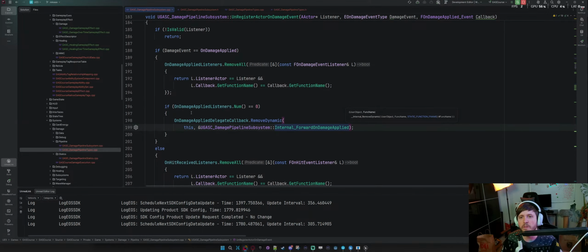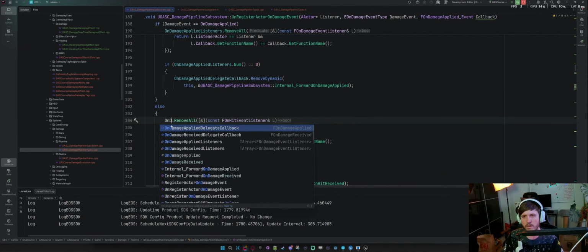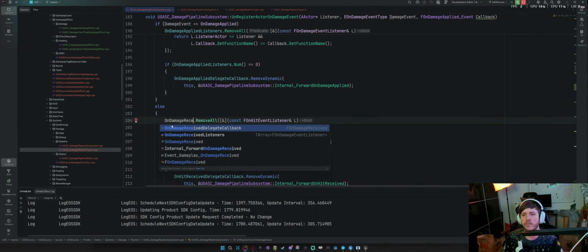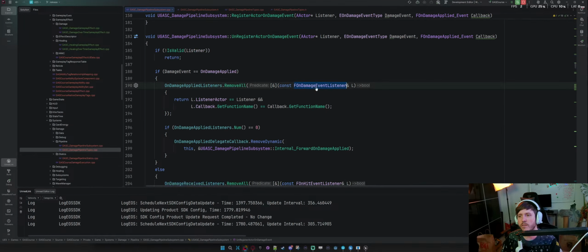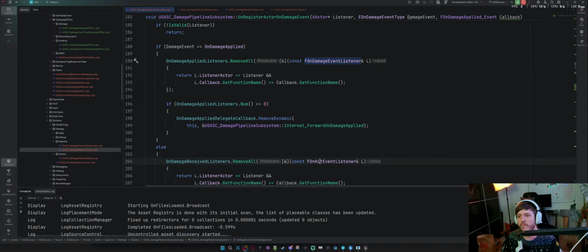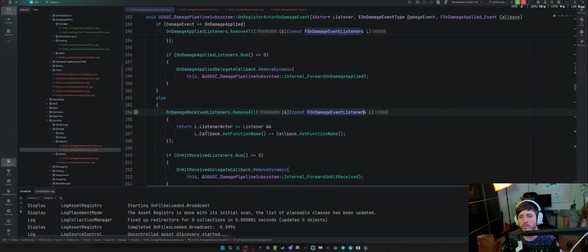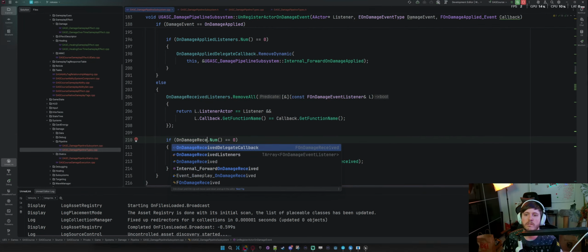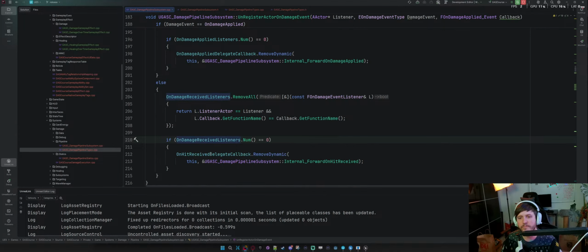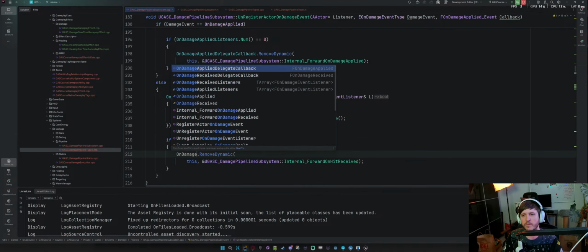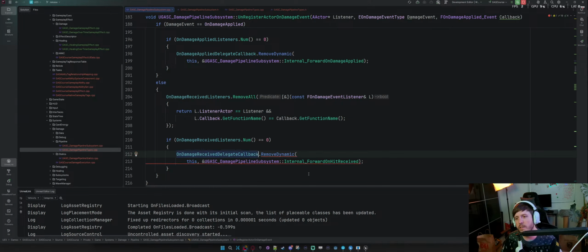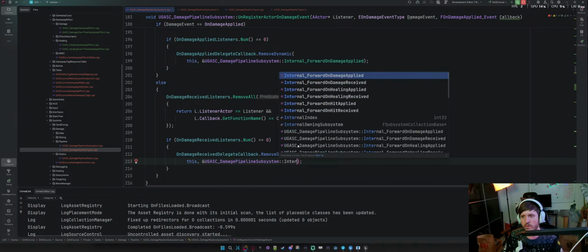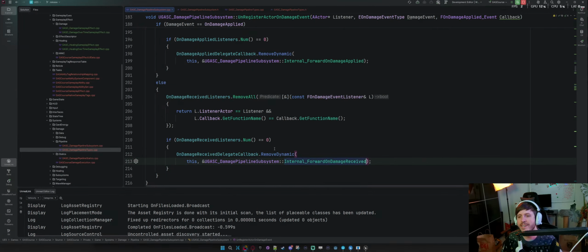And then again up here, so on damage received listeners, same delegate listener. That, clean, done. On damage received listeners. And then on damage received callback that remove dynamic, and we're gonna do internal forward on damage received. Seems good.